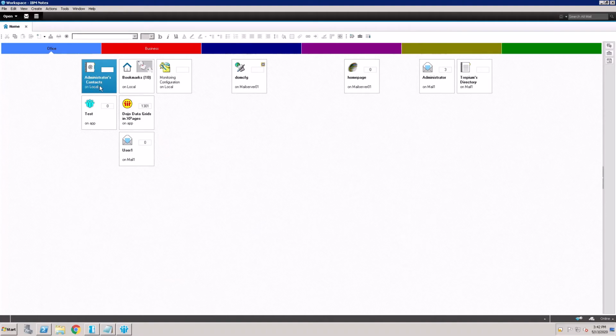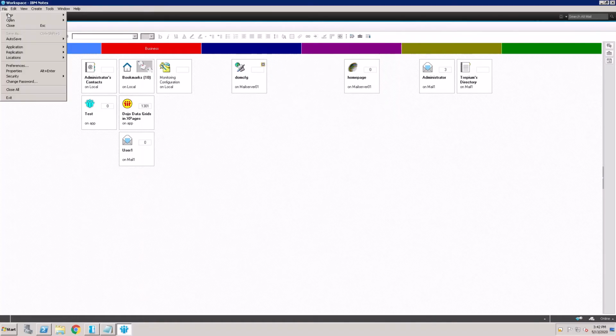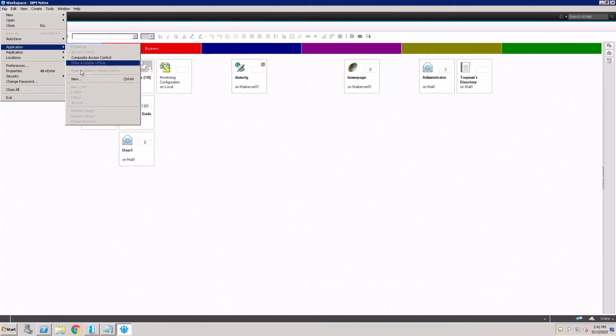It's already mapped on my workspace. If you are not able to find this address book on your workspace, then press Control O, or go to the File menu, open,